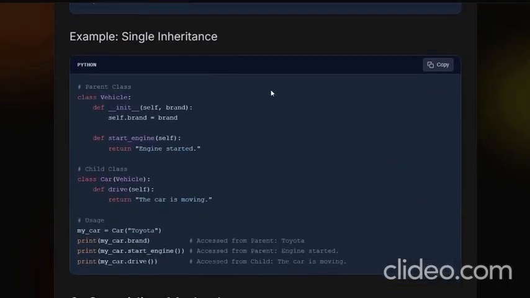Then we have an example of single inheritance, like class Vehicle. Then I have a constructor def, and then def start_engine. Then we have another class named Car, and I have given Vehicle as a parameter in it. So this type of thing is single inheritance. Then we have used def drive(self) return the car is. Then we have created an object my_car by using Car, and I give the